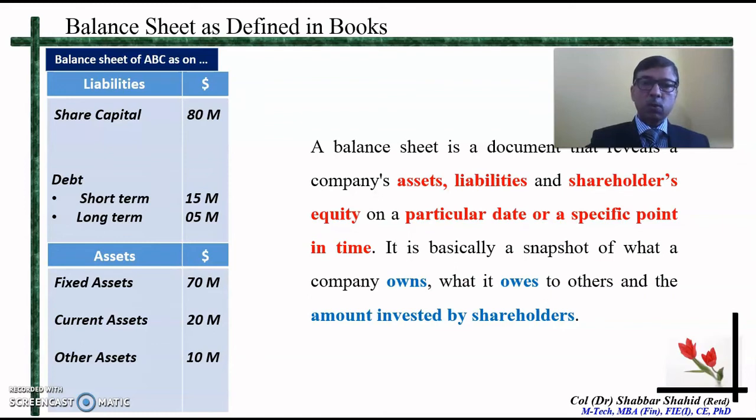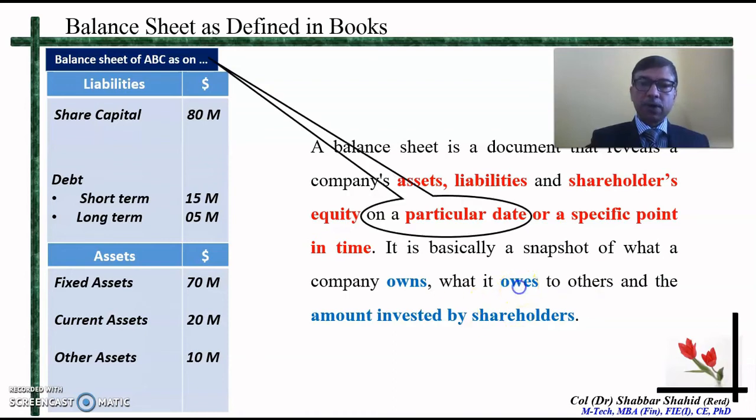Have a look at each of the words which is highlighted. Every word has got a meaning and some significance. The first one, the balance sheet is a document or a financial statement as on a particular date or a specific point in time. It does not cover a period, it is for a specific instant. And at every given instant in the 365 days of the year, the assets and liabilities have to be equal. Alright? Normally, this date is the last date of a quarter and the last date of the financial year.